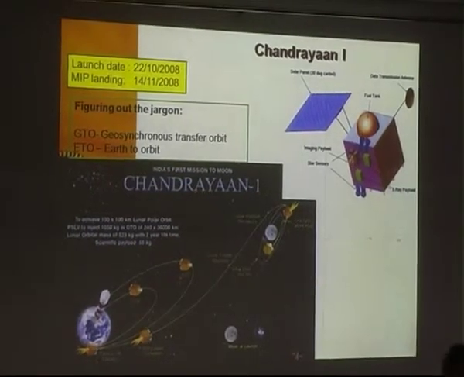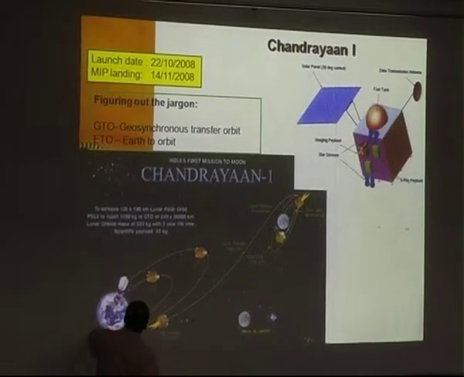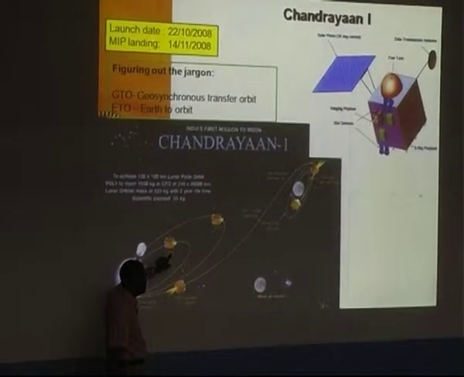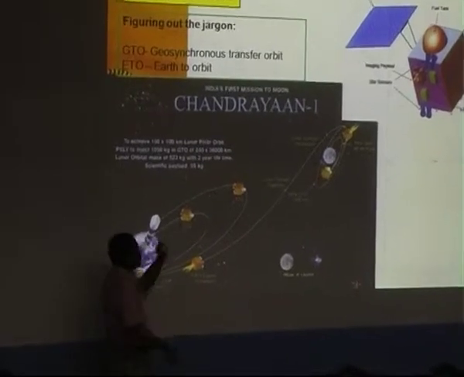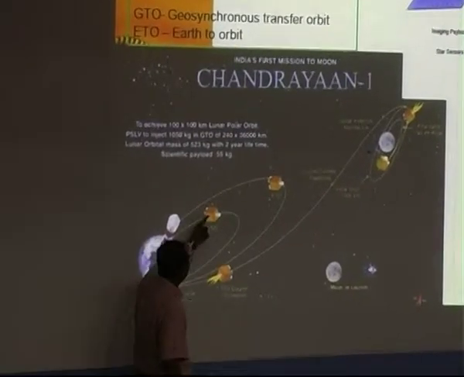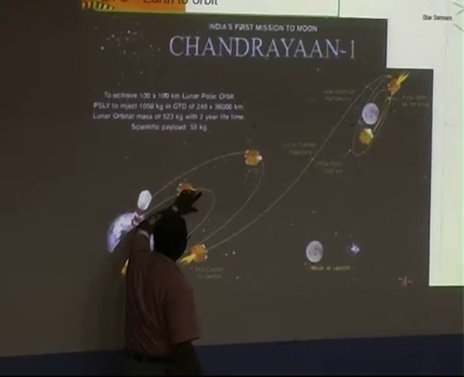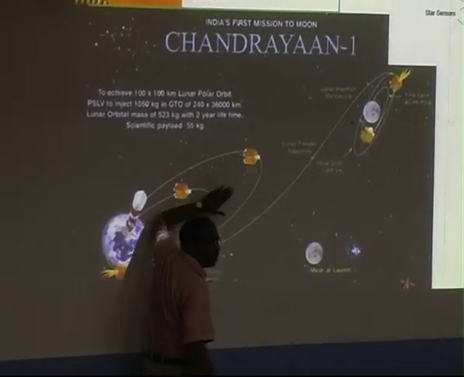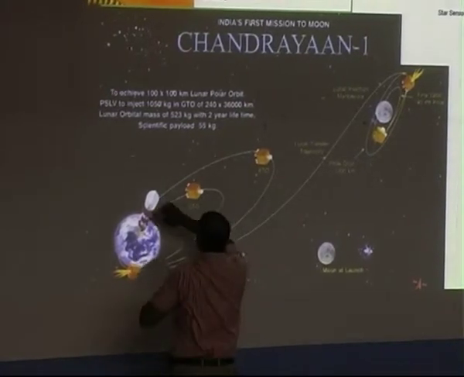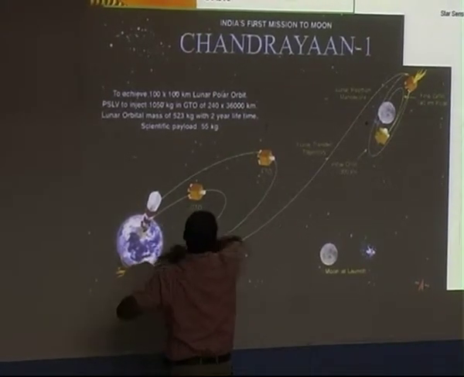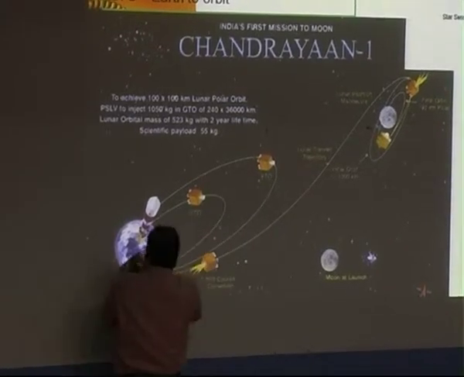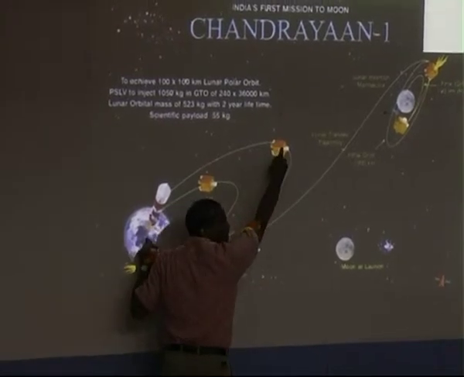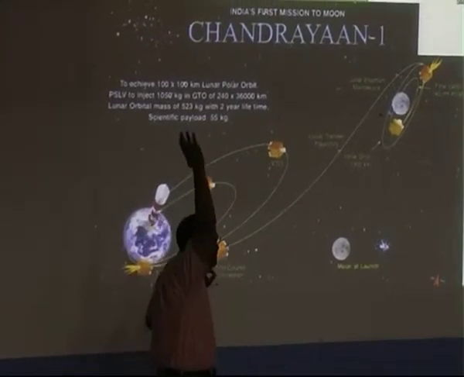Okay, so the PSLV launched it and put it into a geosynchronous transfer orbit, GTO. So it is an elliptical orbit. Once it reaches here, you can fire some more rockets and push the orbit further. This is called orbit raising or orbit pushing. You keep on pushing the orbit and its height will increase, but it will be elliptical. At some portion it will be very close to the earth, at some portion it will be 30, 40,000, because the moon is at some 2,75,000 kilometers, right?